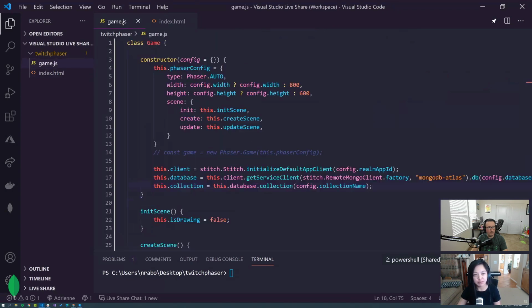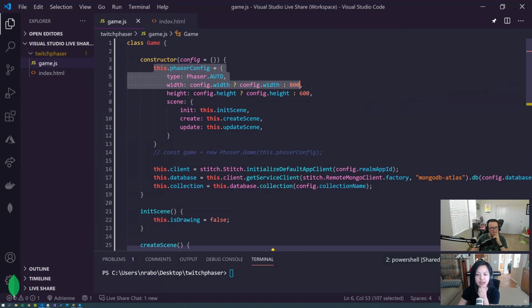We go to our game logic, we'll go to our game.js file. You'll see we got a little bit more done on here, and we'll see that we started creating a class for our game. Let's just go line by line of what we've had so far. In the constructor, you'll see we're taking some of those configurations that we will be sending when we initialize a new game. So it's the same thing.